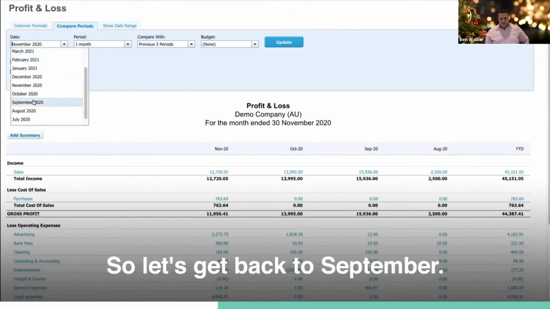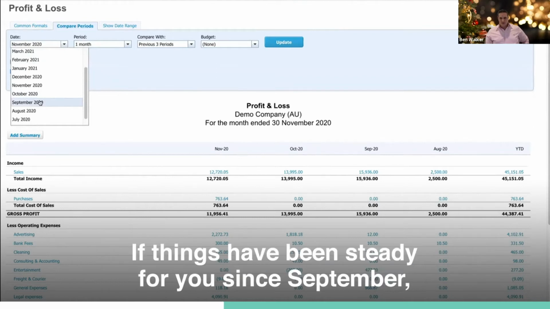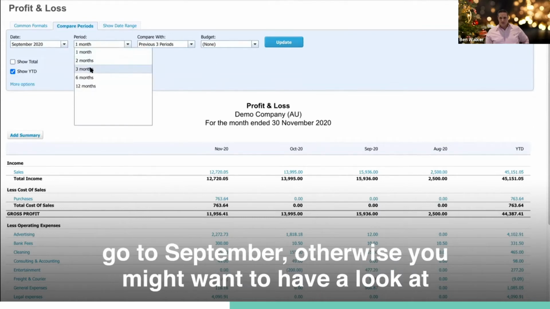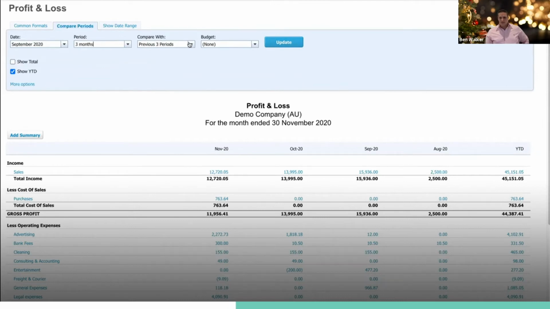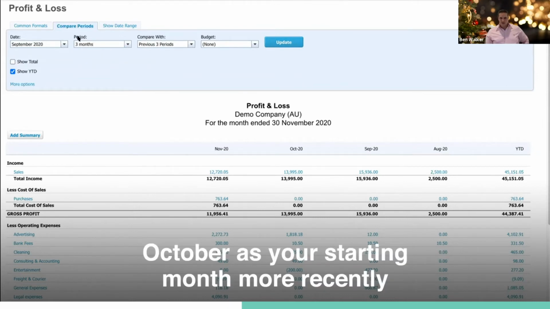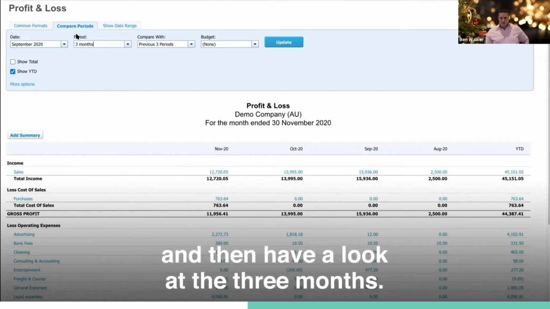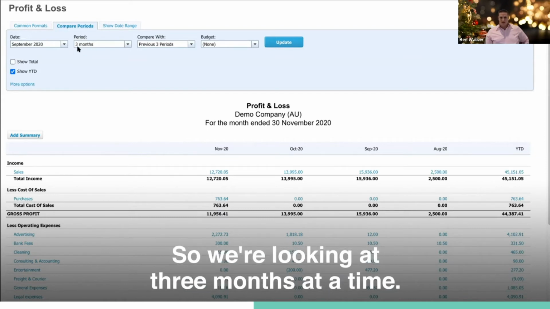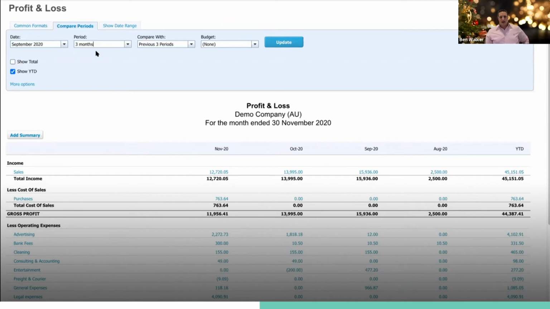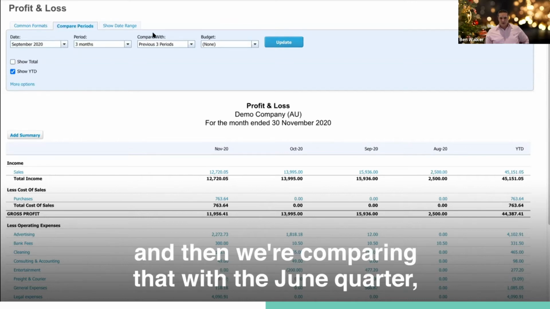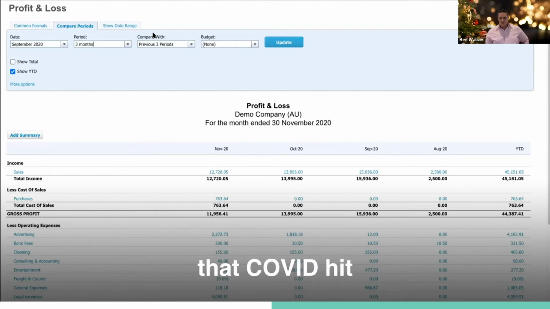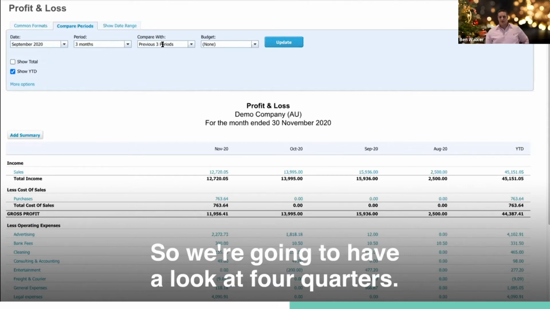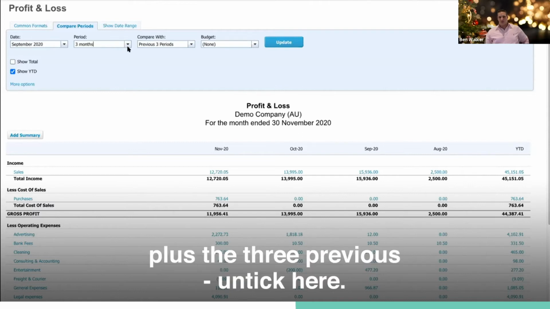So let's get back to September. If things have been steady for you since September, go to September. Otherwise, you might want to have a look at October as your starting month more recently, and then have a look at the 3 months. So we're looking at 3 months at a time. So the September quarter, and then we're comparing that with the June quarter, which is, I guess, the first quarter that COVID hit, and then March and December the prior year. So we're going to have a look at 4 quarters, the current September plus the 3 previous. Untick here,